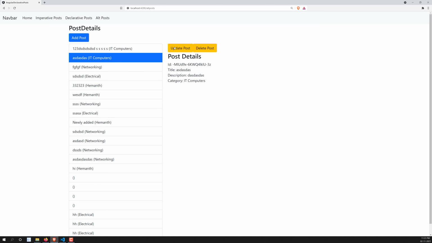So here we are showing this with an event. Here we are not following any routing. Just by using click events and such, we have performed the update, delete and add post. And simultaneously we are updating it here without calling the post API again, without calling the get request.